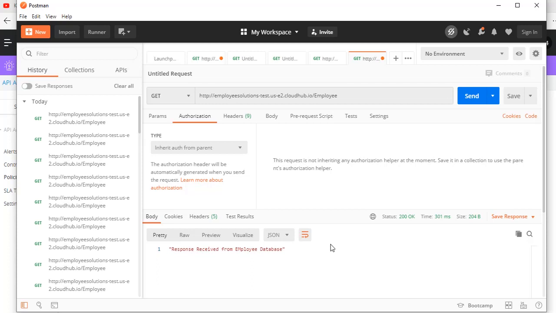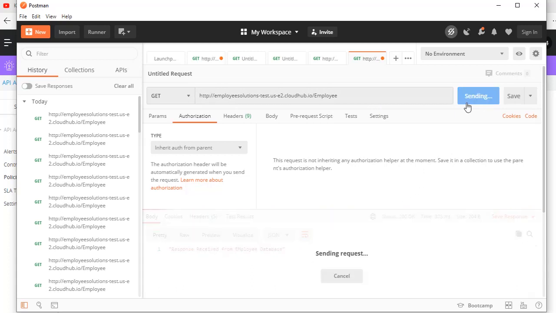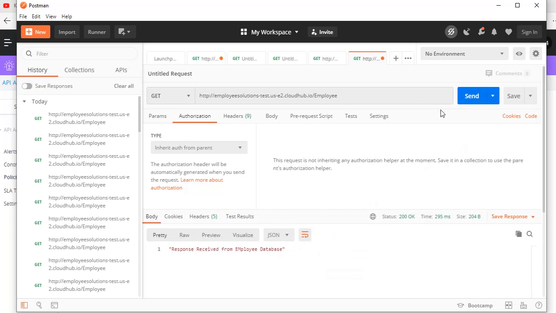And here, if you can observe, before actually sending, the status is 200. Okay, that is valid. Now I am sending it the first time, I got the response. Second time I got the response and status is 200. Third time also I got the response and status code is 200. Now I have hit the API for the fourth time.